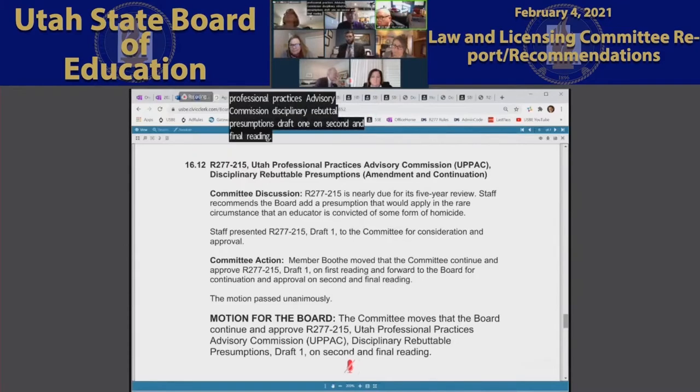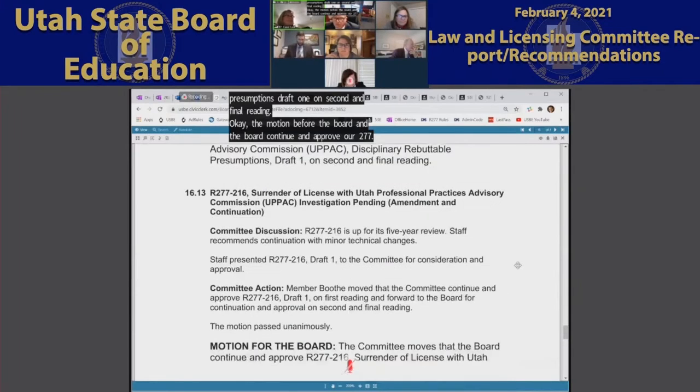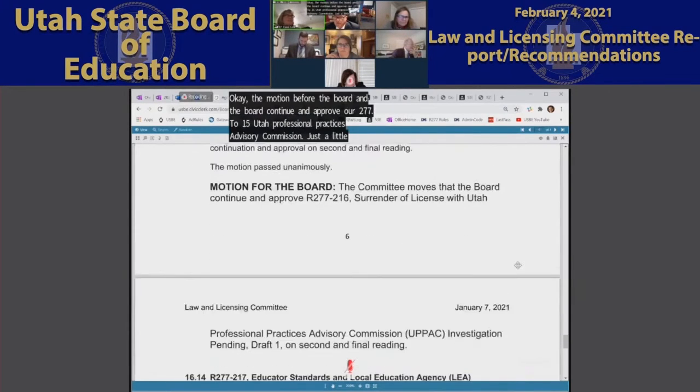Discussion to the motion? Seeing none, please vote. Yes. Thank you. Voting is complete and the motion passes unanimously. Please continue. And the last item is 16.13, R277-216, surrender of license with Utah Professional Practices Advisory Commission, investigation pending. The committee moves that the board continue and approve